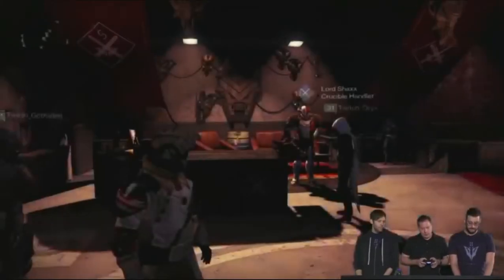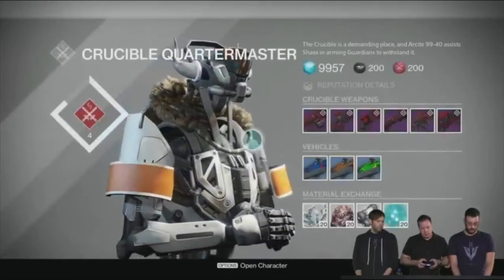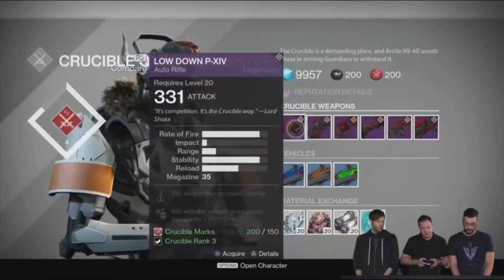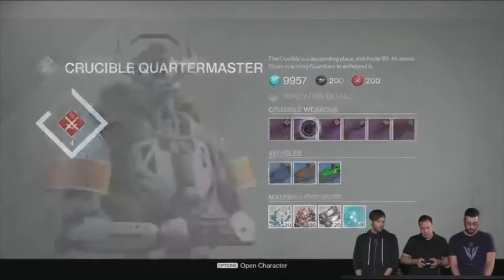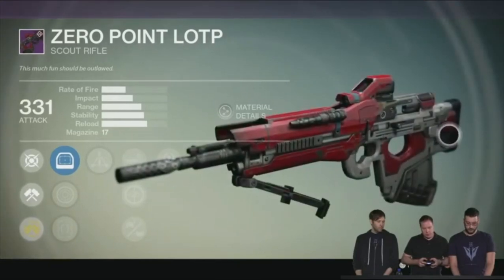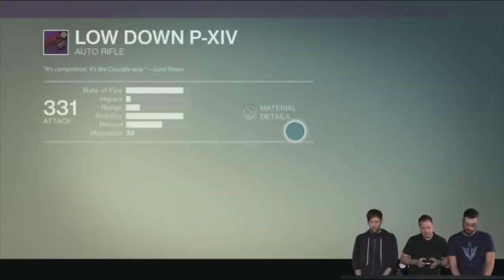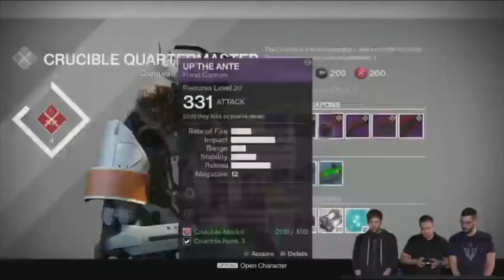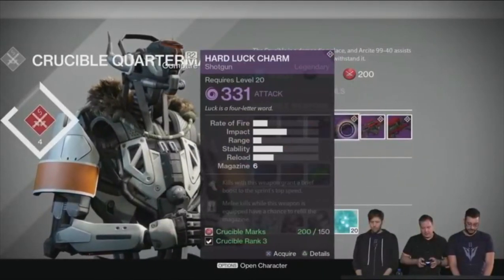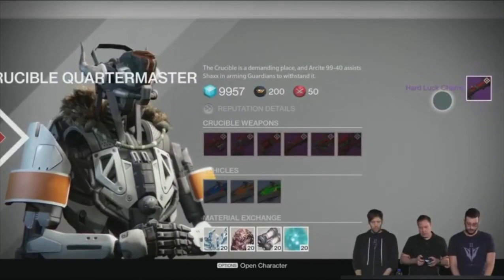Sure. Good logical extension. Before we do that, I'm going to come here to the Crucible Quartermaster. Let's check out some of these new guns. So, new guns, new perks. Let's check out some of the models. I want you to tell me what you want me to buy here. I would like you to buy a Hard Luck Charm. And that would be the shotgun. I'm a lover of shotguns, too. So I now have a brand new House of Wolves